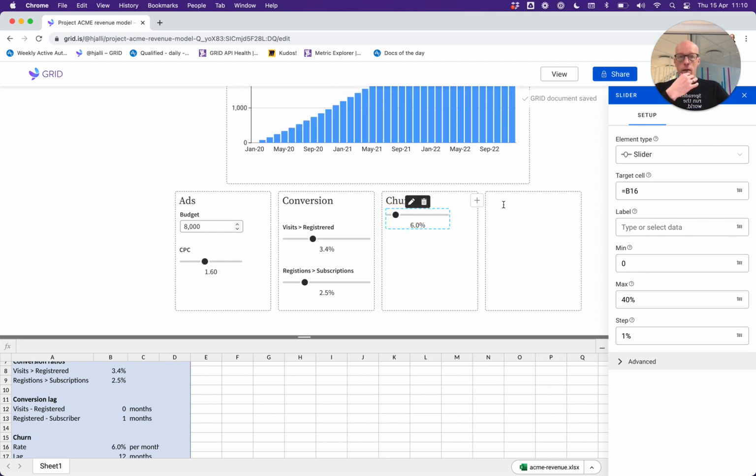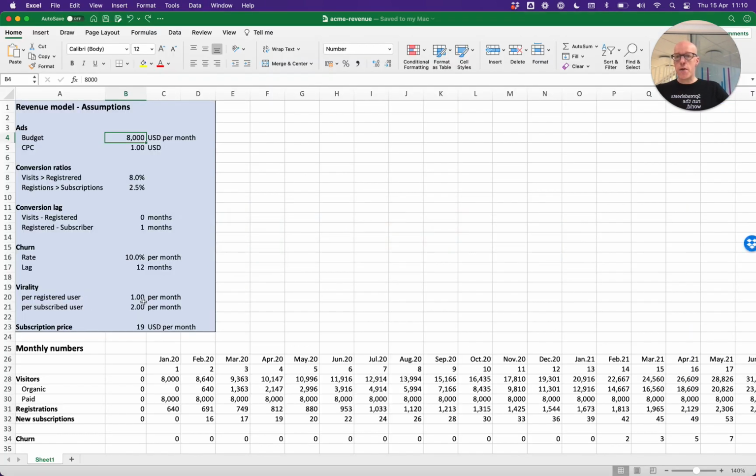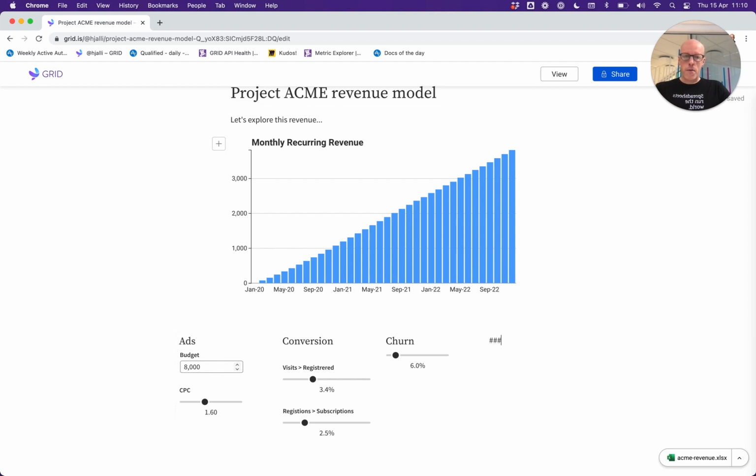Then finally, the final section that we're going to add in here is the virality section. So the way the virality is calculated in here is basically that per every registered user, we expect them to bring in an X amount of new users, and per every subscribed user, which are the paying users, they bring in, in this case, twice as many. So virality, 3 hashes again,